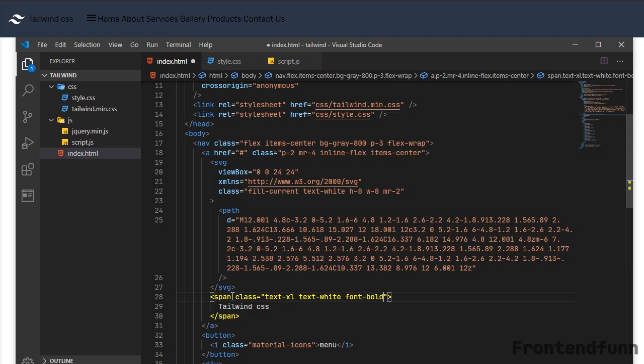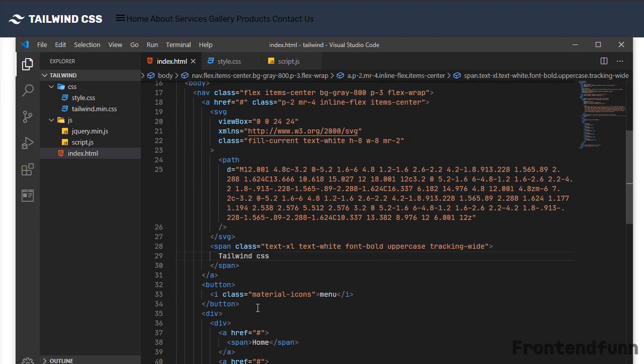I am going to give bold font, and to make it uppercase I am going to use the uppercase class, and tracking-wide gives the letter spacing. Okay, so we are done with the logo.